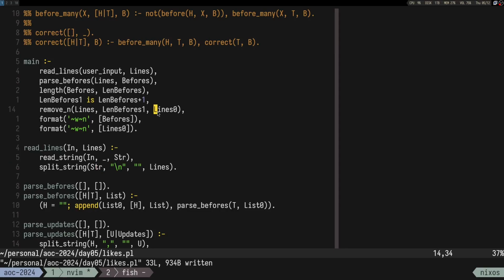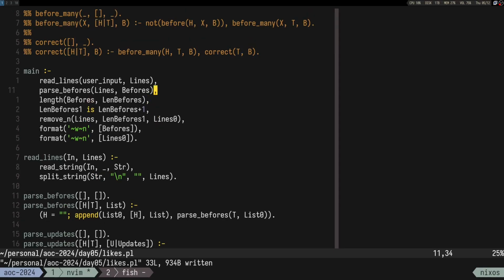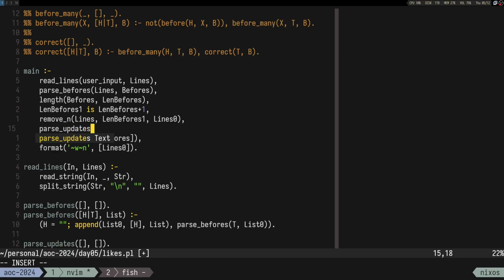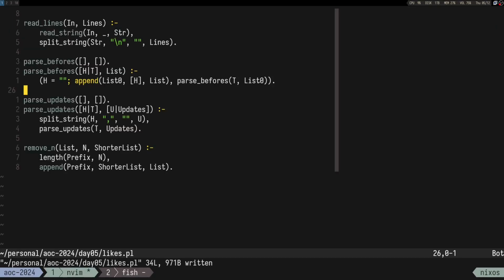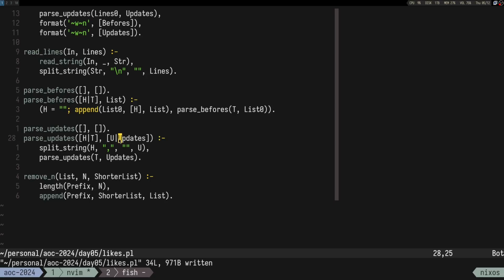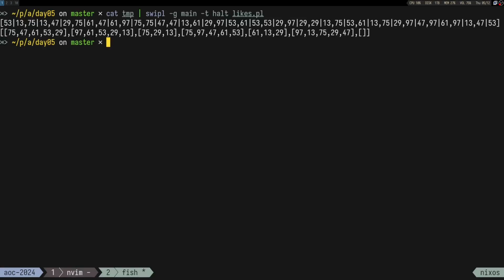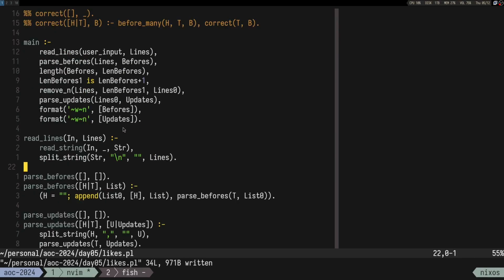Maybe that's what I have to do. Anyway, so then I have to parse updates lines 0 and updates. So now we got the updates, and let's see if it's gonna be a list of lists. That would be pretty nice. So it's actually lists of lists, but at the end we have an empty list, which is kind of annoying. Why do we have an empty list? I guess, yeah, I know. We have an empty list because